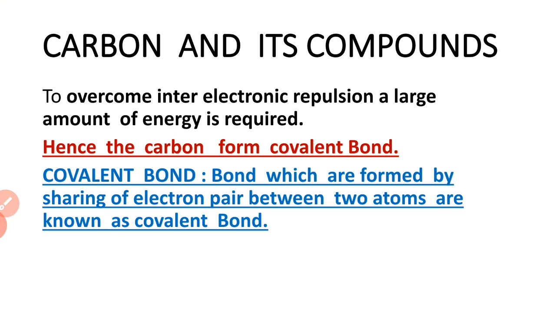The continuation of this part will be in the second part. The topics that will be covered are covalent bonding, the difference between ionic and covalent bonds, the versatile nature of carbon, and the different types of covalent bonds we are going to see, and then allotropes of carbon, and then hydrocarbons and homologous series. Thank you.